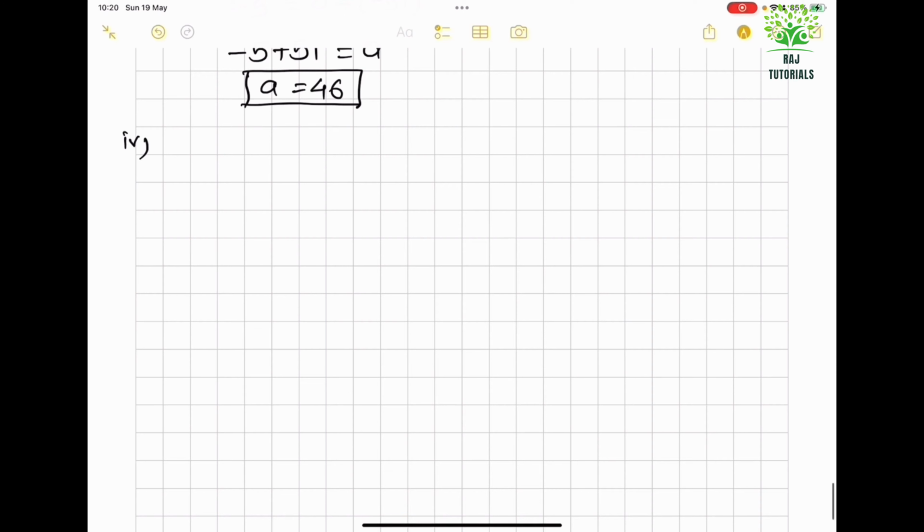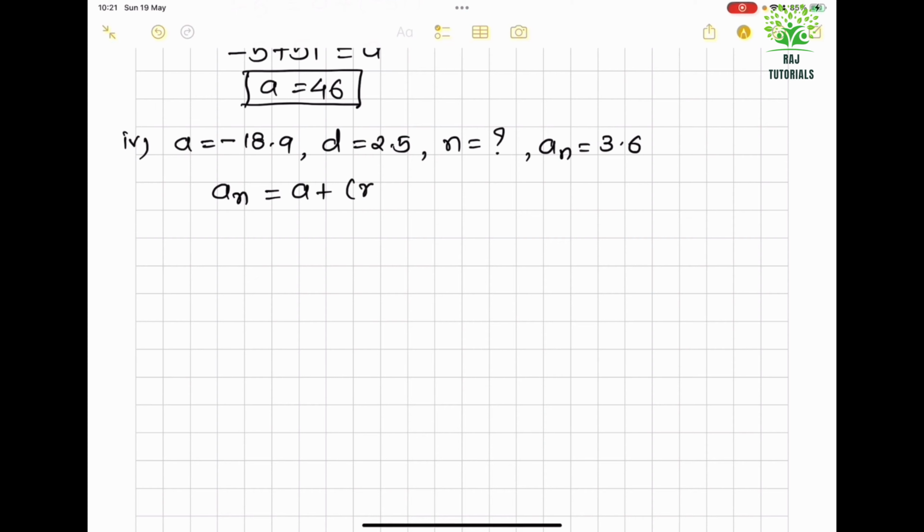Fourth one, it says given A equal to minus 18.9, D is 2.5, N I am not given, and AN is 3.6. So again the same formula, AN equal to A plus N minus 1 D. AN is 3.6 equal to A, which is minus 18.9, plus N, I don't know, so N minus 1 into D, which is 2.5. So